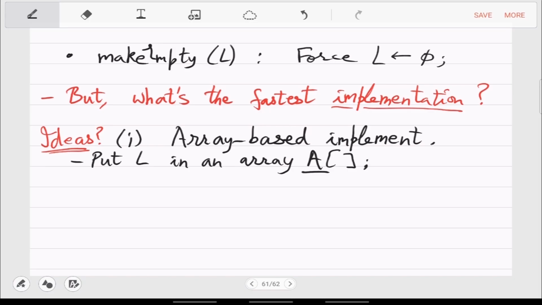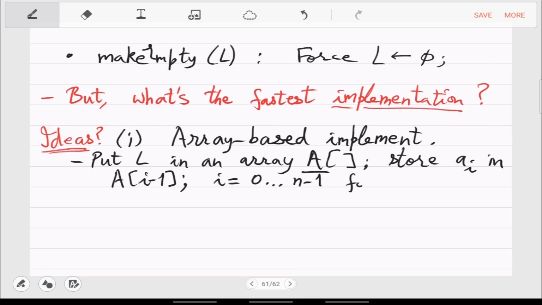So you can store the list element A_i in the array's location i minus 1, and i will go from 0 to n minus 1 for n equal to the size of the list. So this will be an array of size n, going up to n minus 1. So that's the array implementation.